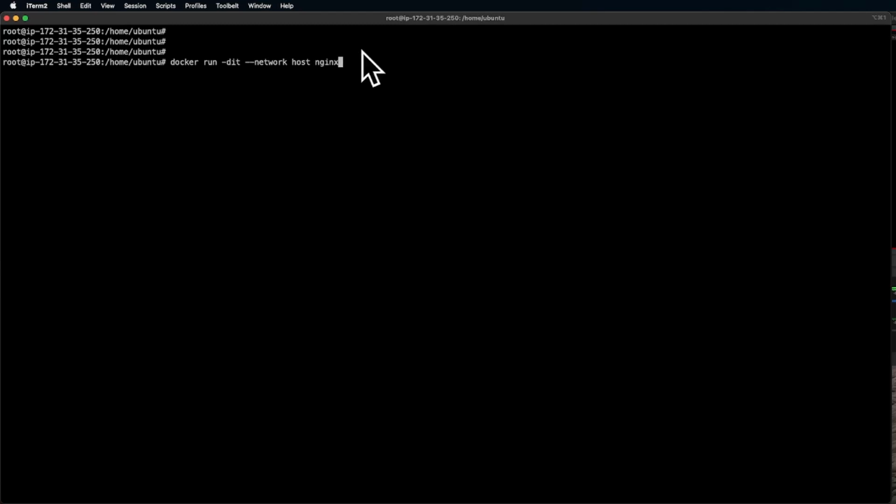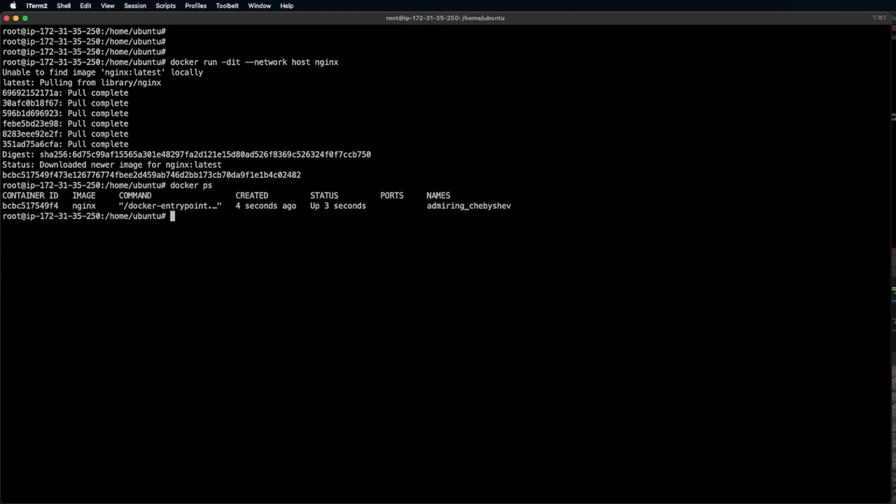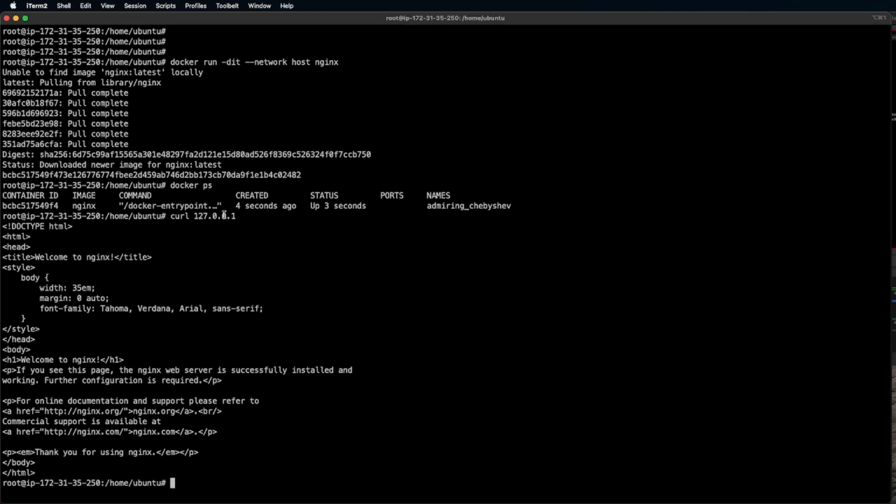As we are running a copy of Nginx, and Nginx runs by default on port number 80, and as we are using the network mode as host, Nginx will behave in such a way as if it is running on the actual host instead of running inside a container. So if we go ahead and run the command, and run docker ps, we can see the container ID here, and we haven't specified the port binding. If we make a curl to localhost, we will be getting the response from the Nginx software. So as we are using the host networking mode for our container, Nginx is behaving as if it is running on the host, not inside the container.